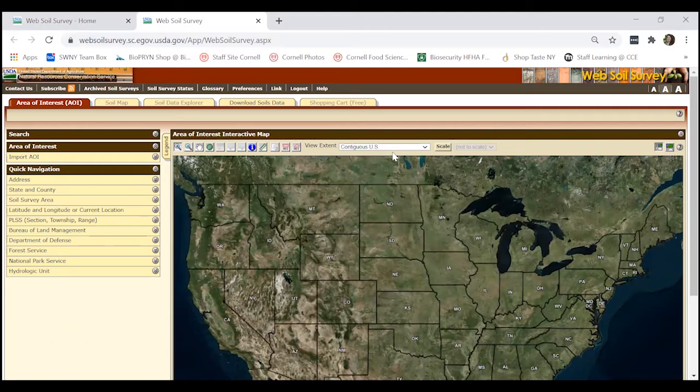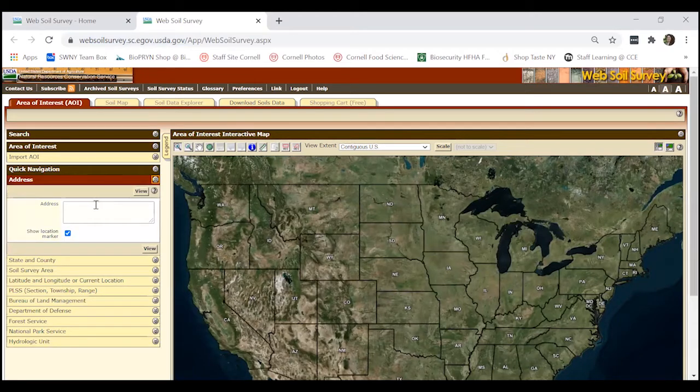As we go through the survey, I'll point out different parts of the toolbar that will be of use as we determine our soil type. Over on the left-hand side, you're going to see 3 brown bars. They're going to be Search, Area of Interest, and Quick Navigation. We're going to start with Quick Navigation because this will allow us to enter an address to find a field